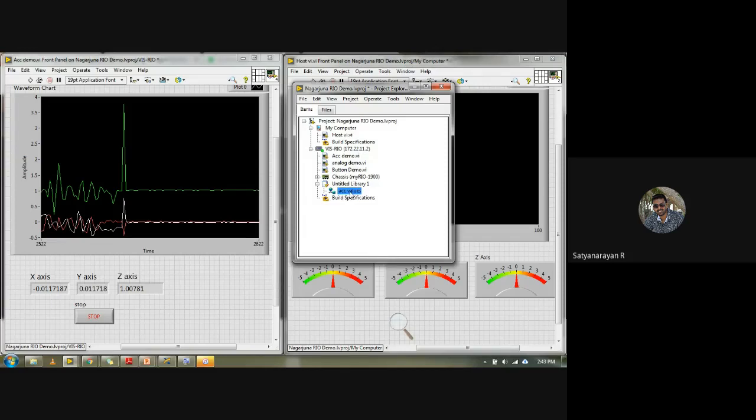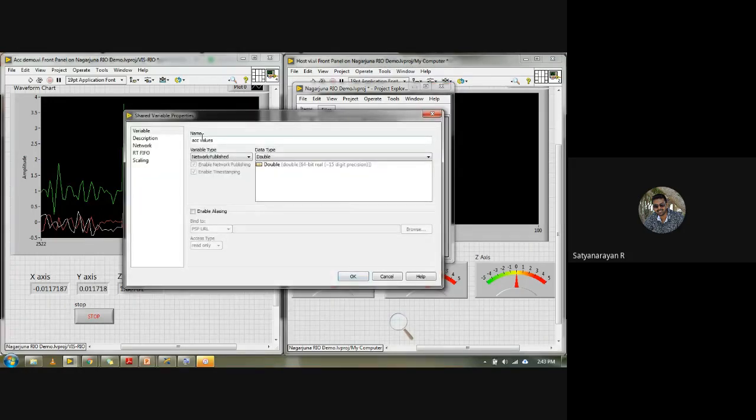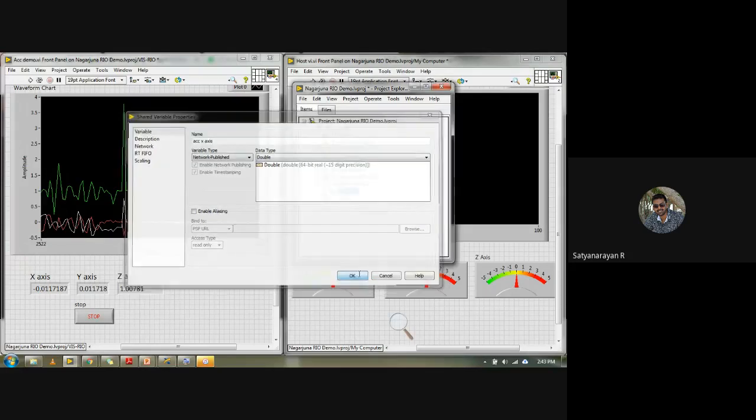Not all the values are created, so I have to create each and every one. I'll double click and name it accelerometer x-axis, accelerometer values.